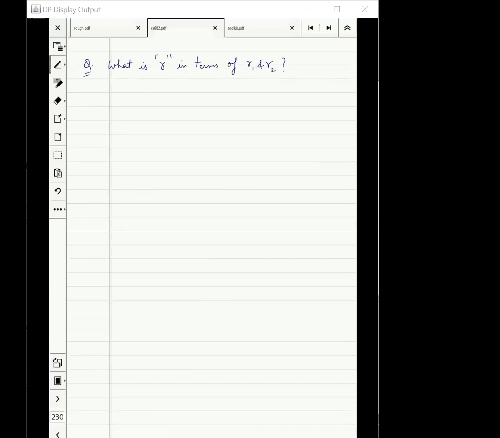Actually, R1 plus R2 might not work, so A to the power R1 plus R2 might not be 1 mod P1. It might not be 1 mod P2 also. Right? What Deepajit said is the correct thing. Remember that A to the power R1 is equal to 1 mod P1 and any multiple, and only those multiples, are 1 mod P1. Similarly, any multiple of R2 is 1 mod P2. And if both have to happen, that means the smallest number is going to be the LCM of R1 and R2.